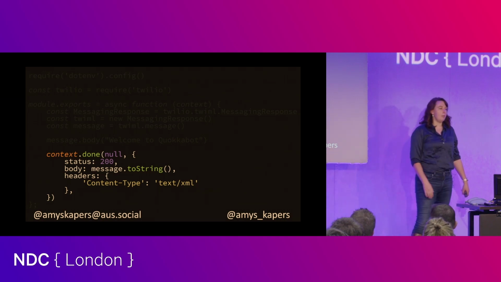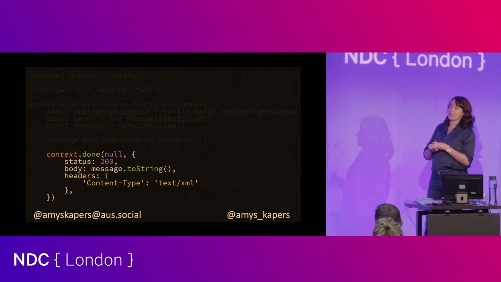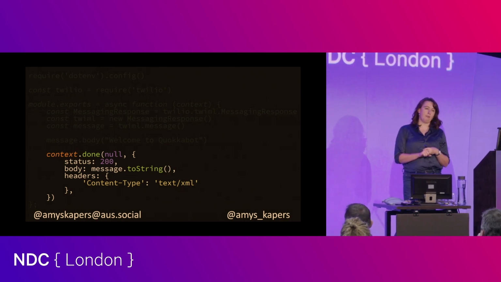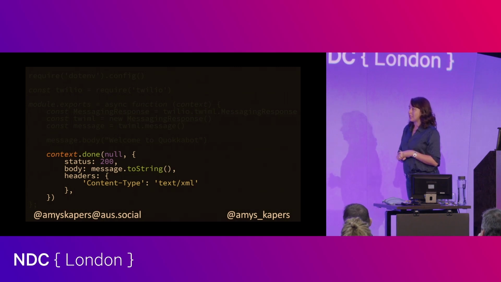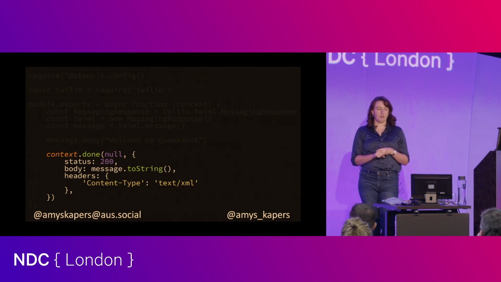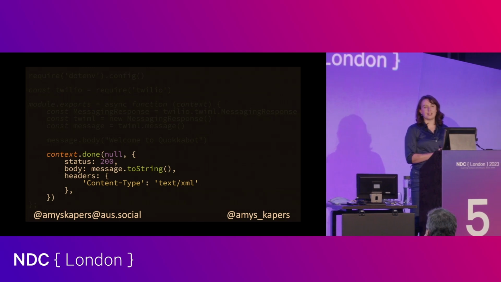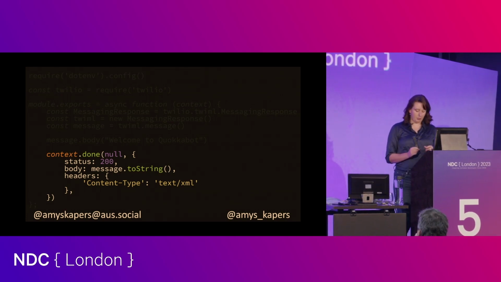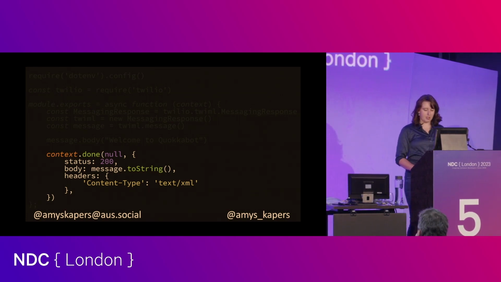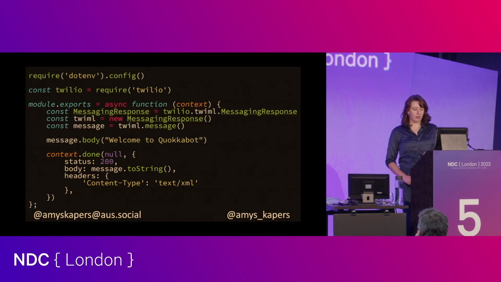So I'm going to set the message to a string, set that as the body of my request that will go back to WhatsApp. And I'm also going to set headers to let it know that we're using XML, because the Twilio markup language is a form of XML. So we're going to send that back. We're also going to set a valid status code, because it's really annoying when people don't set valid status codes. So once we've got all of that code,